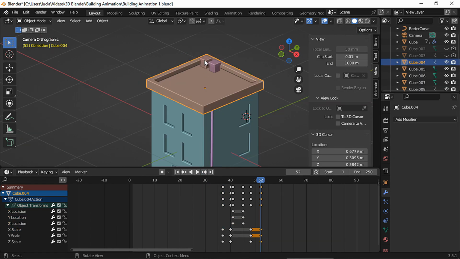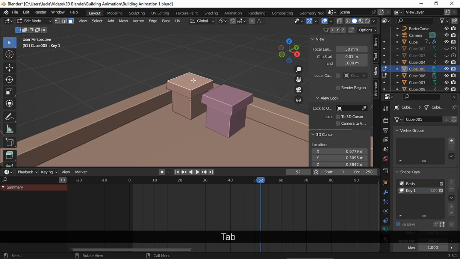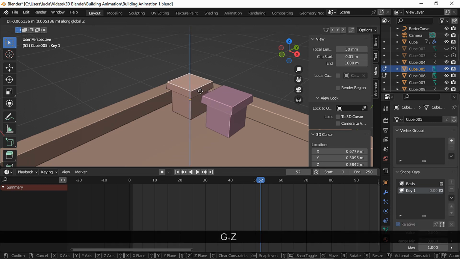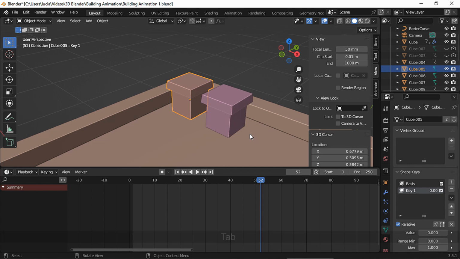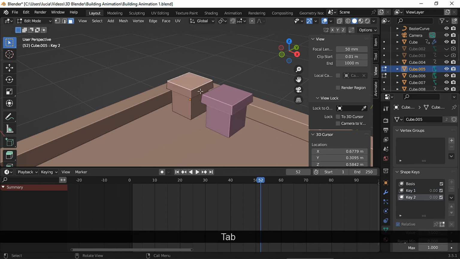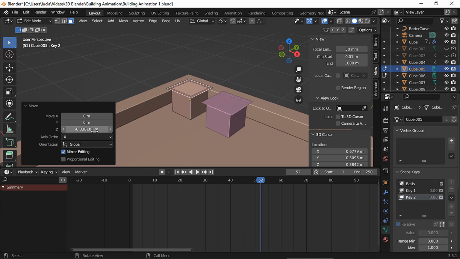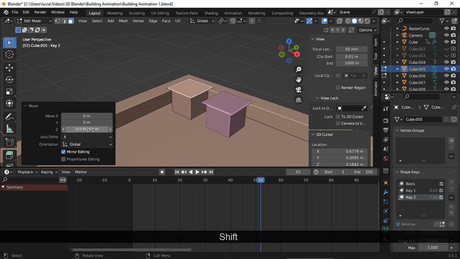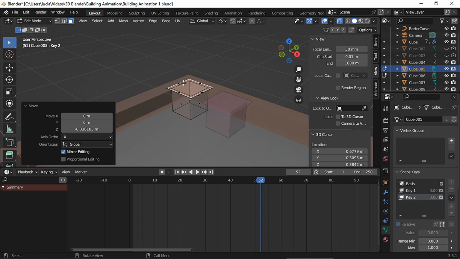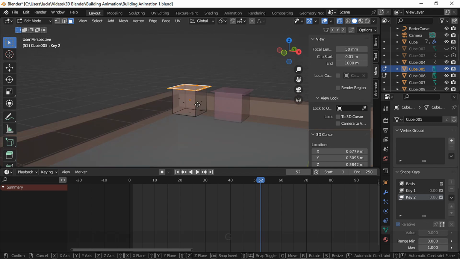To animate the chimneys, we're gonna use shape keys. Add 2 shape keys and in Edit mode, move this top face down. Back to object mode, add another shape key, and in edit mode, move it down again. These are link duplicates, so if I animate one of them, the other one gets animated as well. Enable X-ray mode, so we can select all these top faces and move them down on the Z axis.